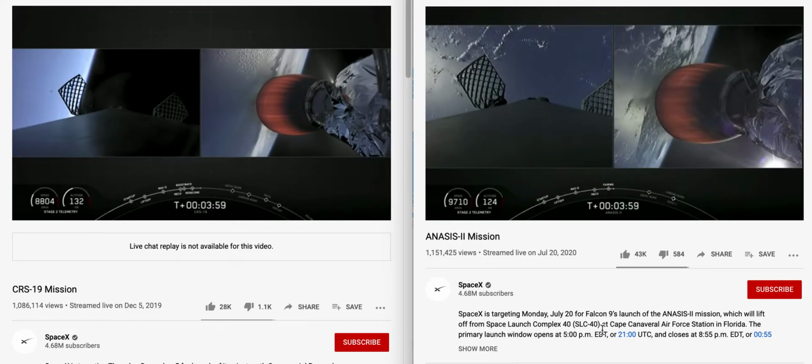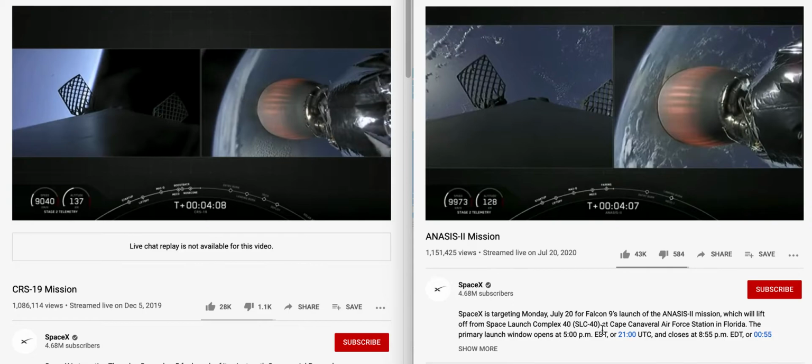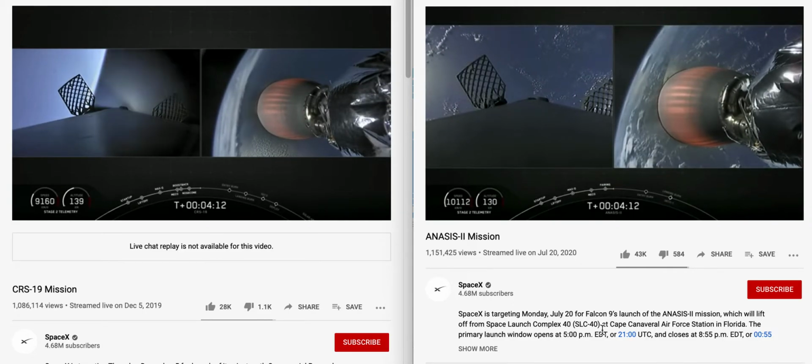So right now we're coming up 4 minutes into flight. Trajectory is looking excellent. We're right down the middle of the road. Power on the upper stage engine is good. Bermuda is now getting the telemetry from the Falcon 9, and we're getting great views from space at T plus 4 minutes and